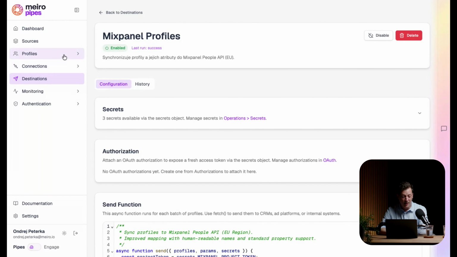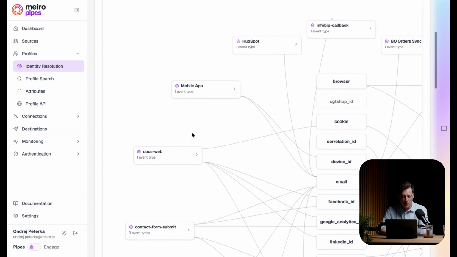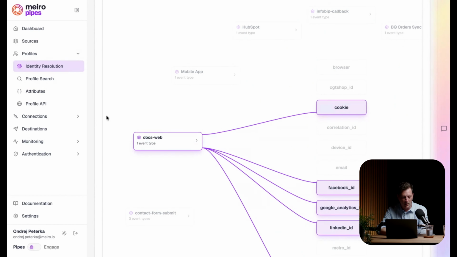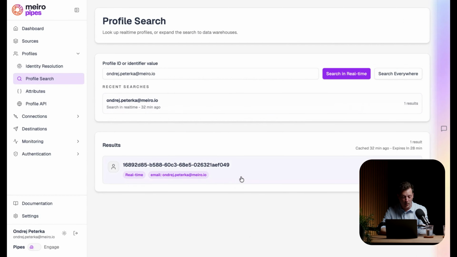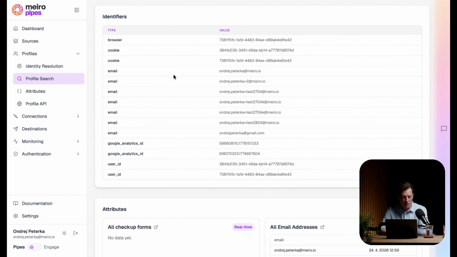Now, this identity stitching is pretty interesting. I can show you how it's displayed here. It shows email. It's coming from all these sources to one specific profile. I can check the profile. I can check myself as I'm working here. I will do a lot of interactions on a website. You can see I've used a lot of different emails, and the system stitches all this together and we can